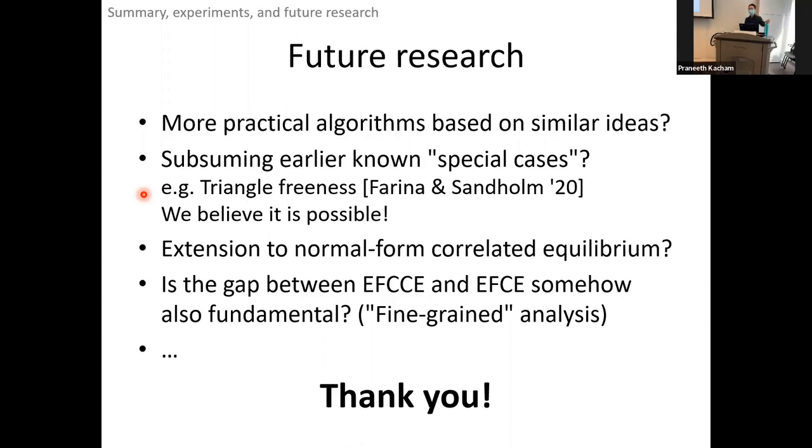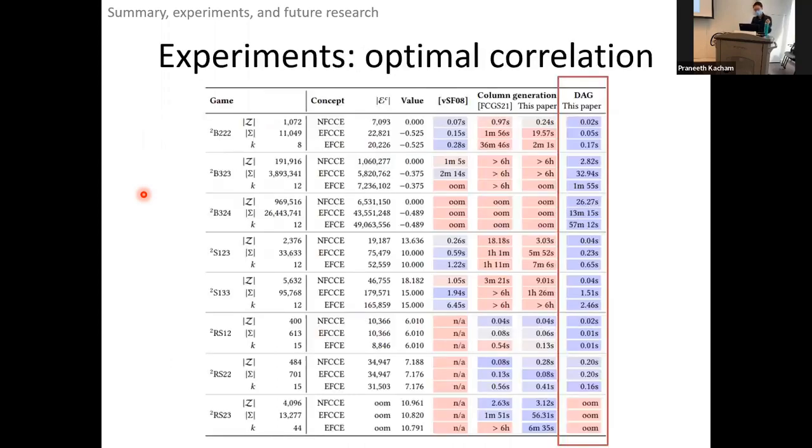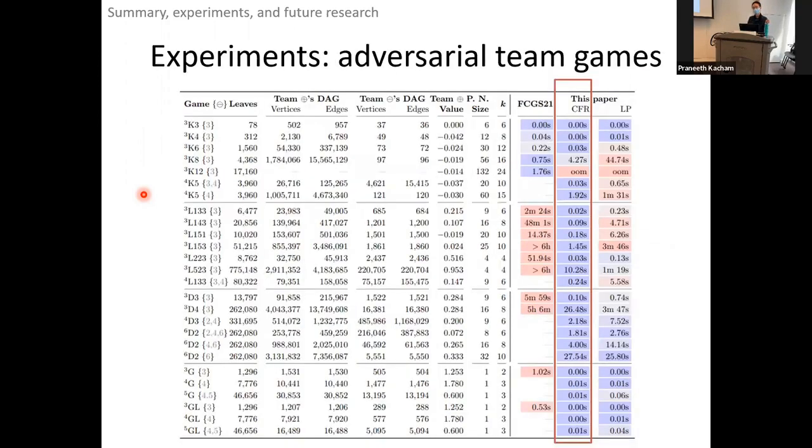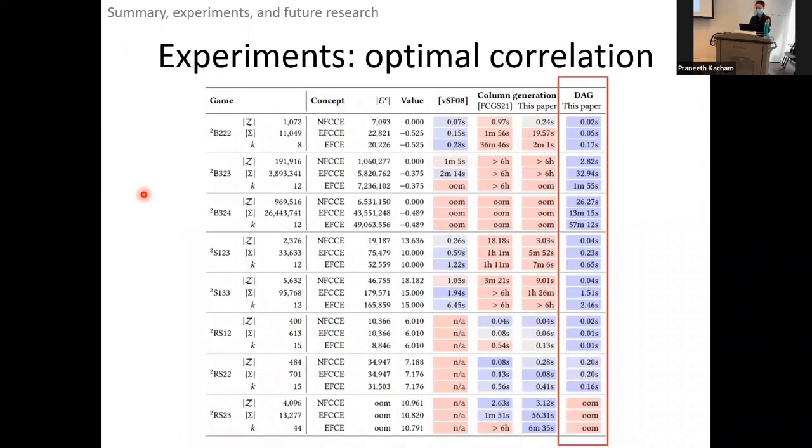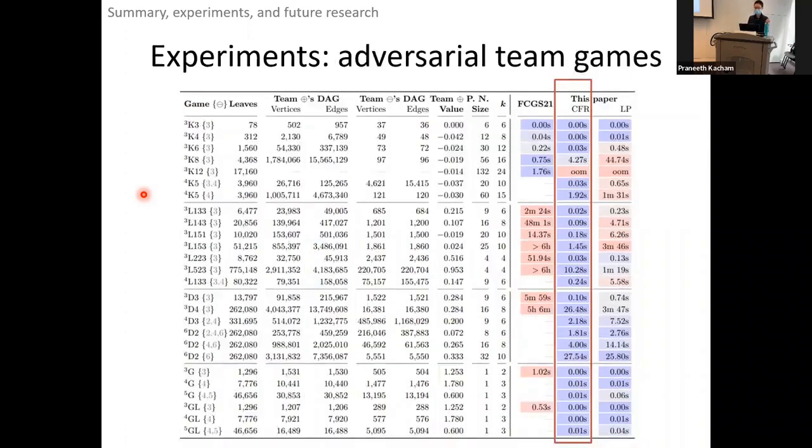Could you go back to the list of experiments that you had? This one or this one? So the times are mostly a few seconds, but there's one 48 minutes there. Yeah. So one thing I want to note here is that with team games at least, which is the easiest of the cases that we discussed, as long as you can write it down in memory, it's more or less instant. You can do it in under a minute.